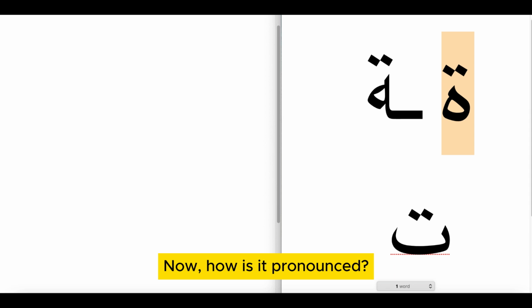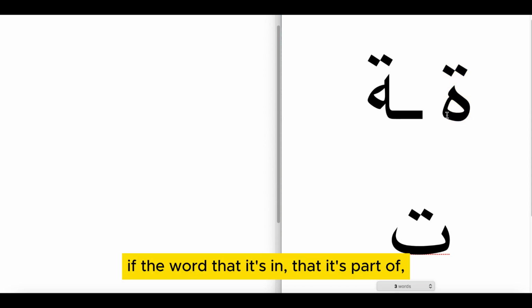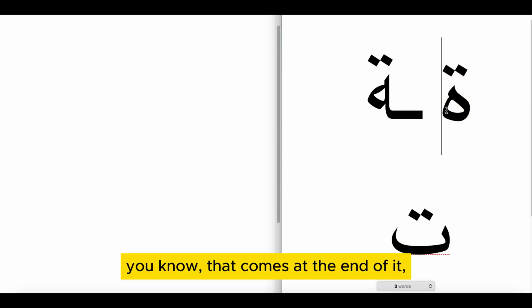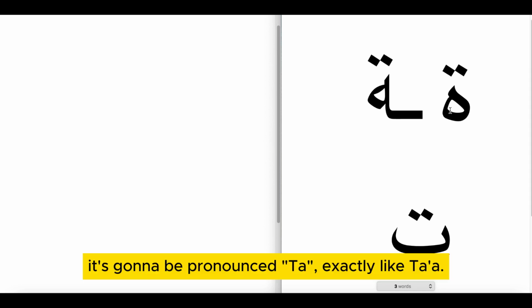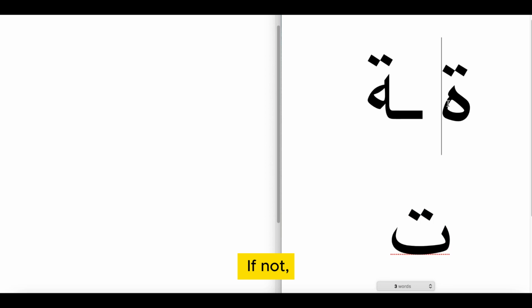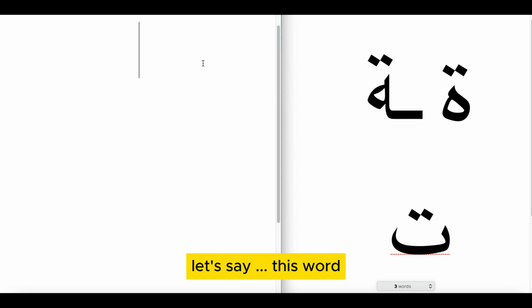Now, how is it pronounced? If the word that it's part of, that it comes at the end of, is associated with another word, it's gonna be pronounced ta, exactly like ta. If not, it's gonna be pronounced ha. What do we mean by that? Let's check an example. Let's say this word,